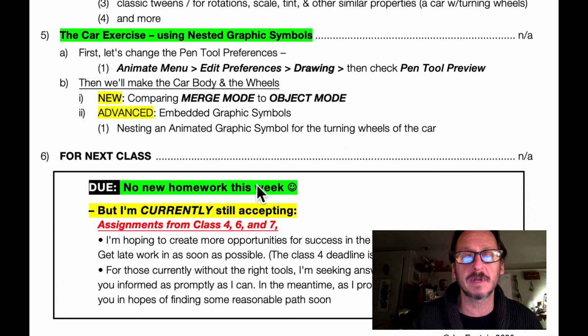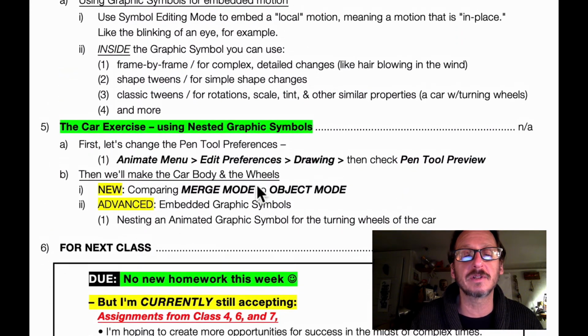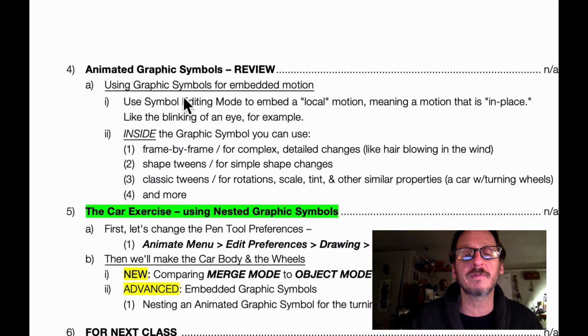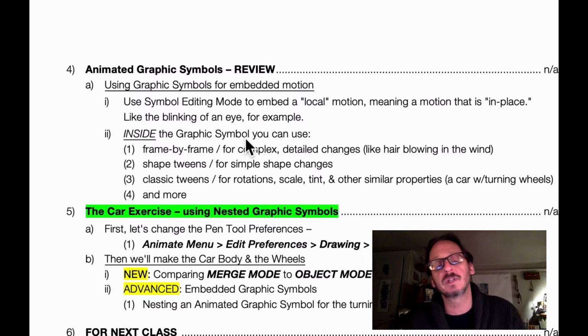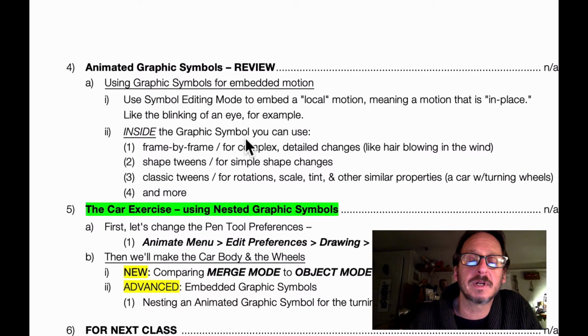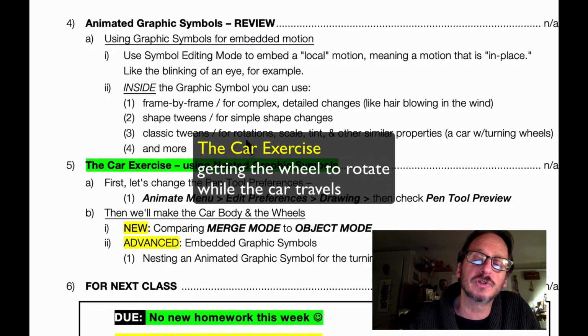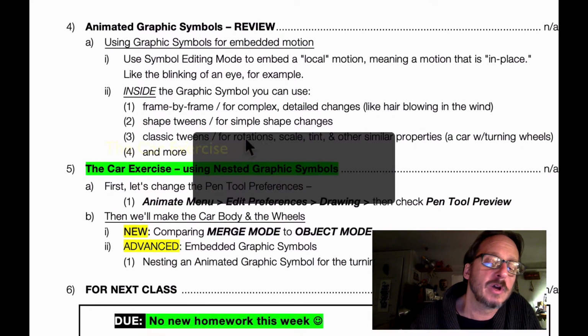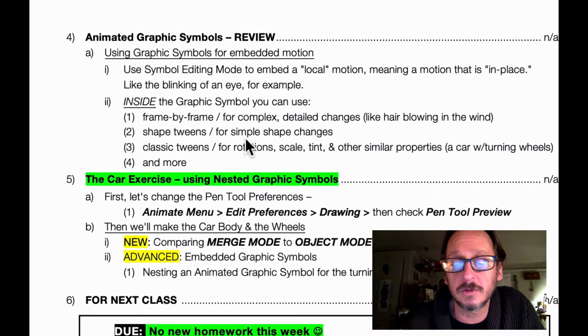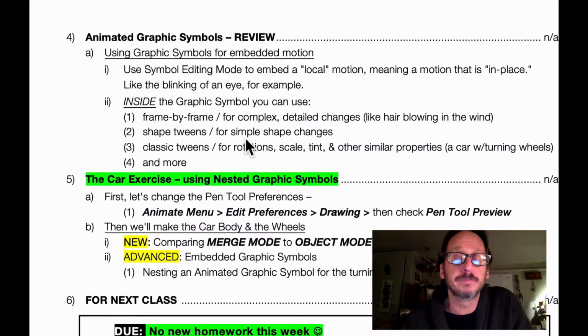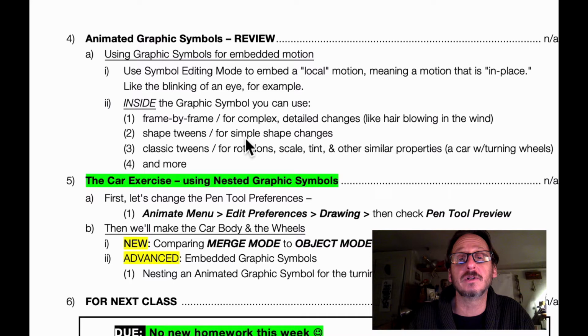Just get a little bit. Sometimes they're much longer, a longer list than there is today. It's going to be more about graphic symbols, particularly animated graphic symbols, but this time symbols inside of symbols. So we're going to get into the concept of it. But our goal is to get our car to drive, and its wheels should turn as long as we need it to drive, without us continually having to add frames or even consider how long those wheels are going to need to roll for. Pretty interesting stuff and very, very practical.